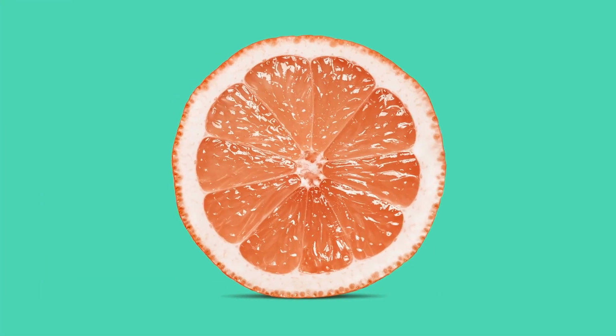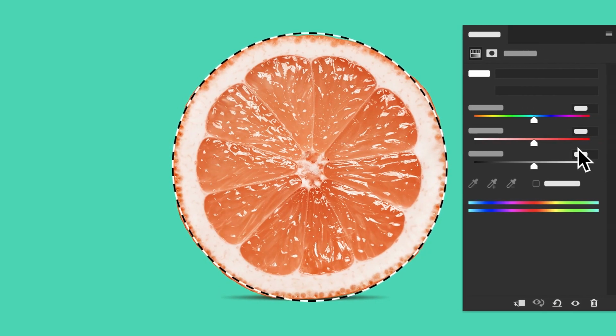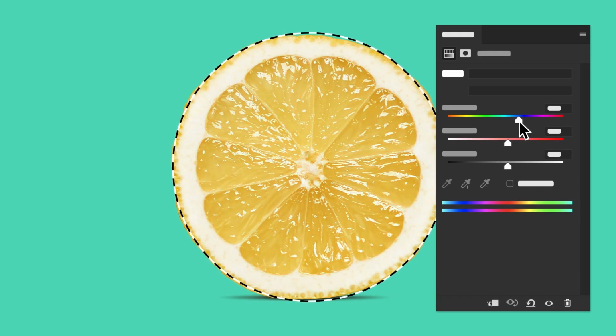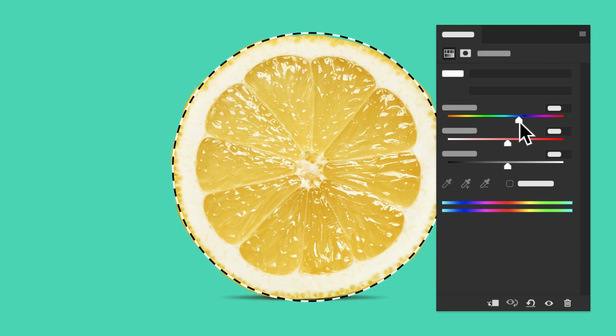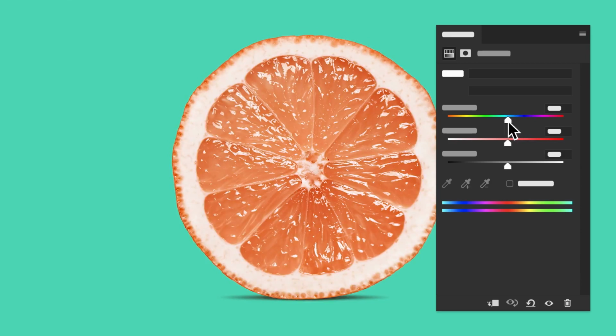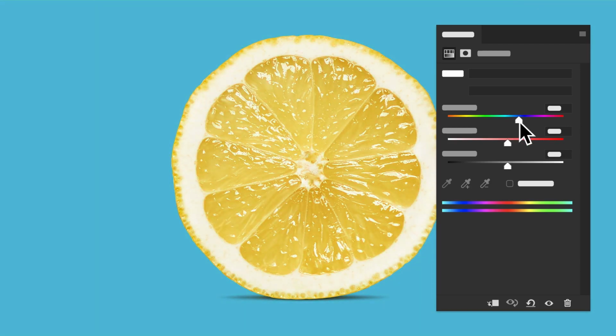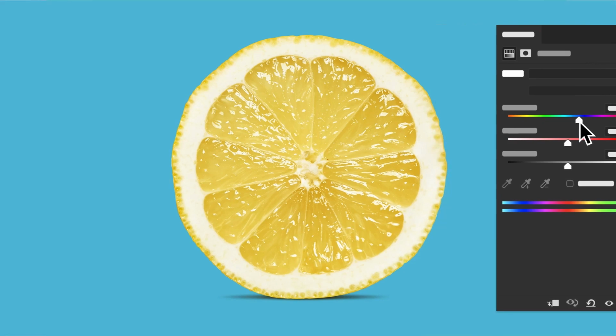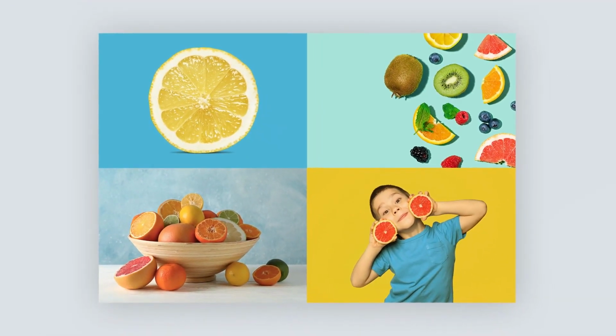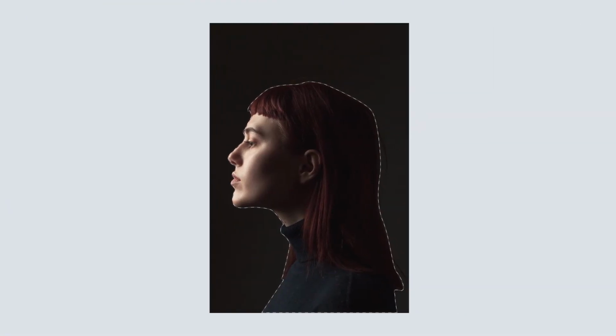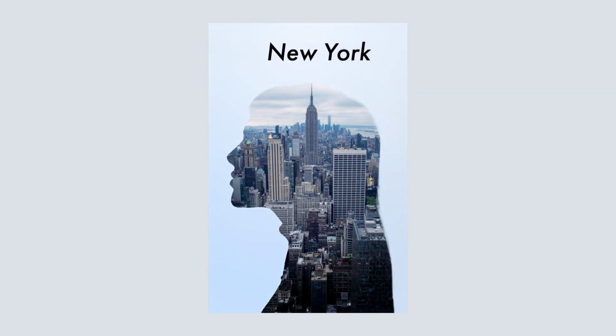some way. For example, let's select the grapefruit and then change its color from orange to yellow. Watch what happens if we try changing the color without first making a selection. In this case, the color change affects the entire image, including the background, which has now changed from green to blue. It's important to understand selections because chances are you'll need to use them in almost all of your creative work. In this tutorial, we'll help you focus on the most important selection tools and why you would use one